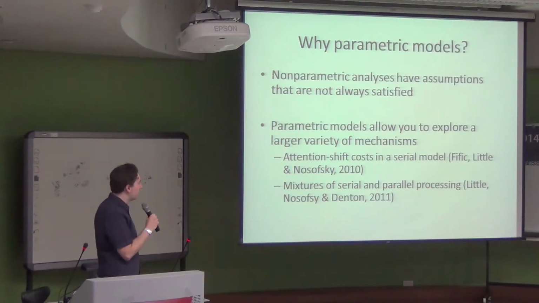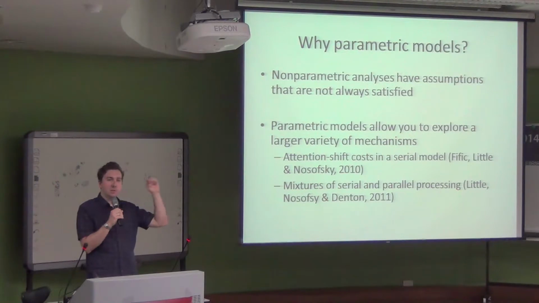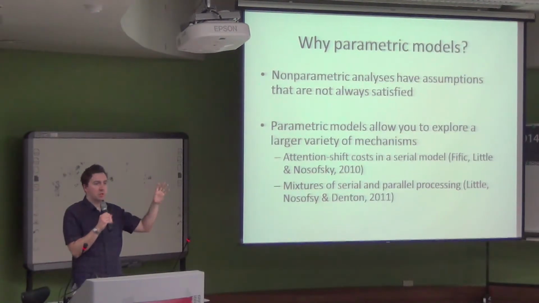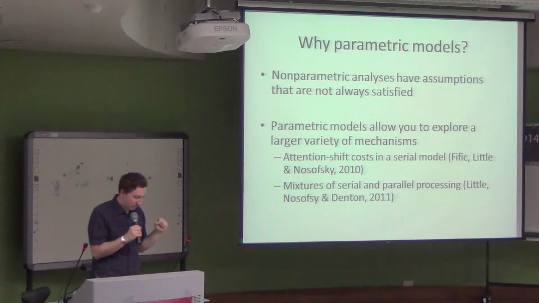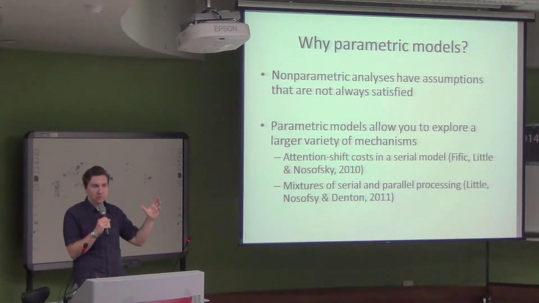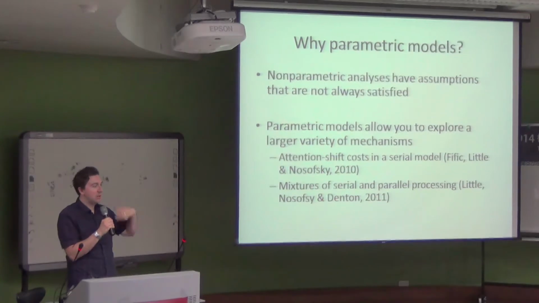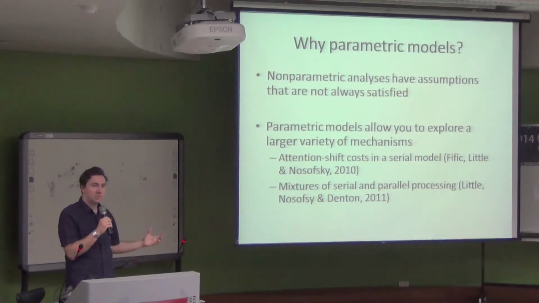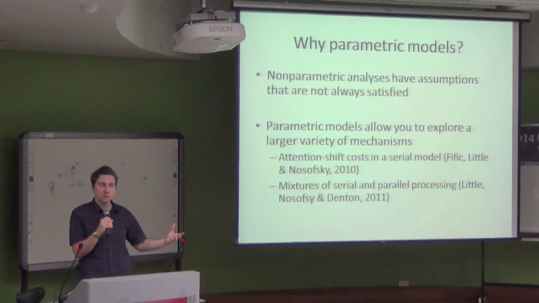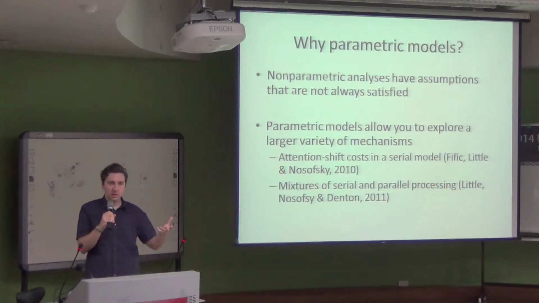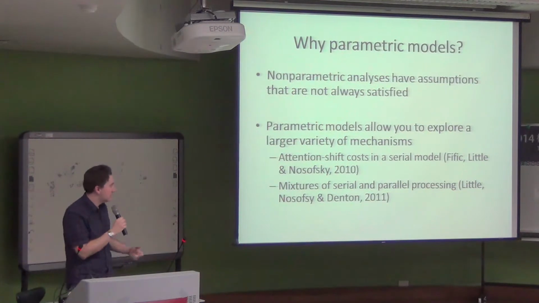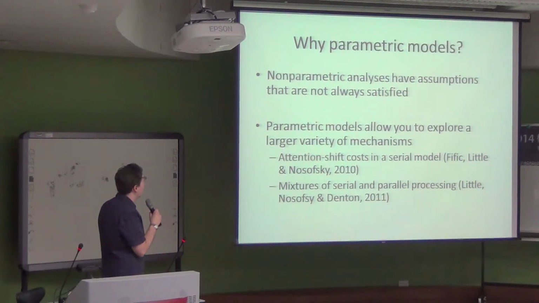So Mario Fific and I, along with Ron Mazowski, have done some interesting work where we had very good evidence that people were processing categorization stimuli that were comprised of 2 dimensions in a serial fashion. But we got even better fits when we assumed additionally that there was an extra attentional switch cost whenever they finished processing one dimension and had to switch to the other dimension. So by adopting this parametric approach, we were able to build in this attention switching cost and show that that even fit a little bit better than the standard serial model that we were testing using non-parametric analyses.